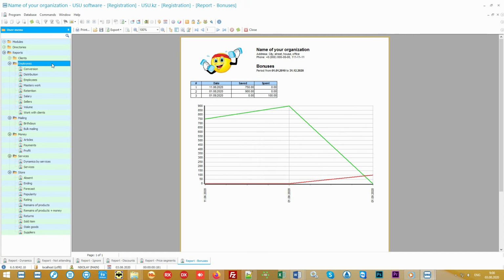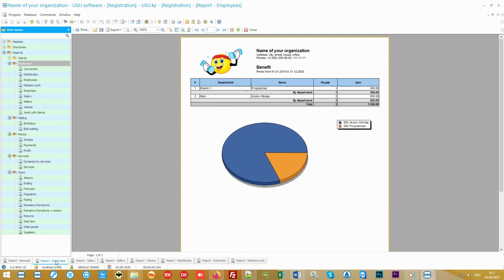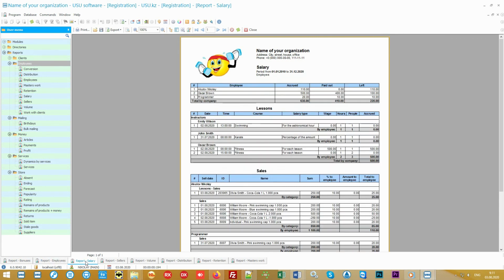No matter how well you work with people as an organization, it's the employee who performs the most important work. The first sign of a good specialist is the benefit that they bring to the company, calculated in monetary terms. If the employee's salary is not fixed, but piece rate, the program will easily calculate it automatically. To do this, you can simply set the wage individually for each specialist. It's even possible to fine-tune salaries for different types of services provided.